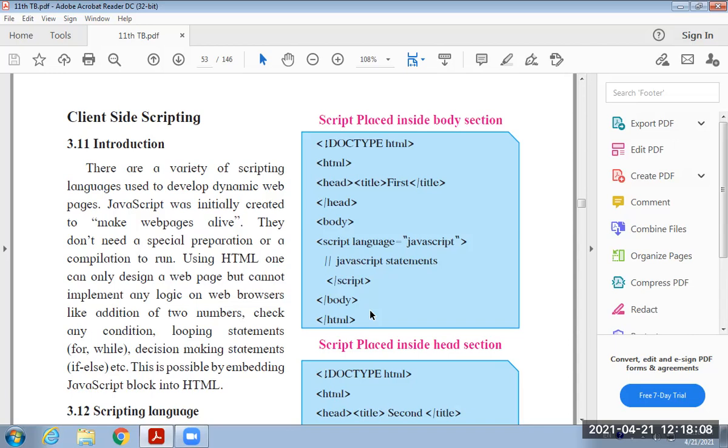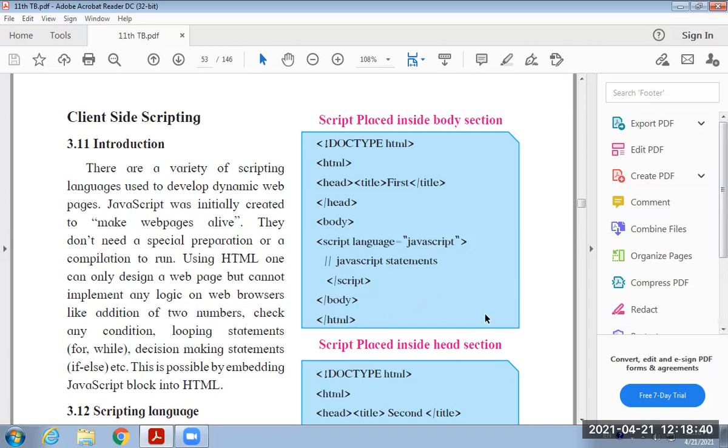In client-side scripting, we are going to use a specific scripting language in our website program. Currently, whatever programming we have performed under HTML is only the documentation part. It does not have any calculation, any loops, or any programming structure. Now we have to provide all these things in our program so that our program will be a live program. We can interact with our program by using these scripting languages.